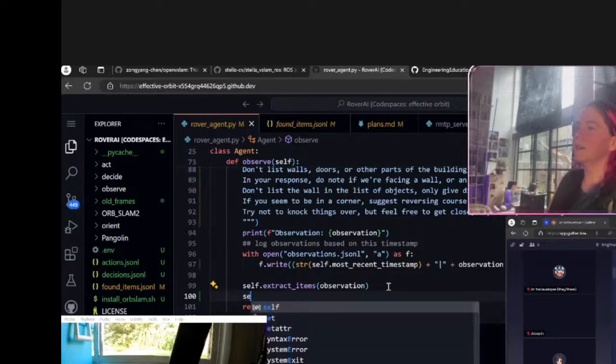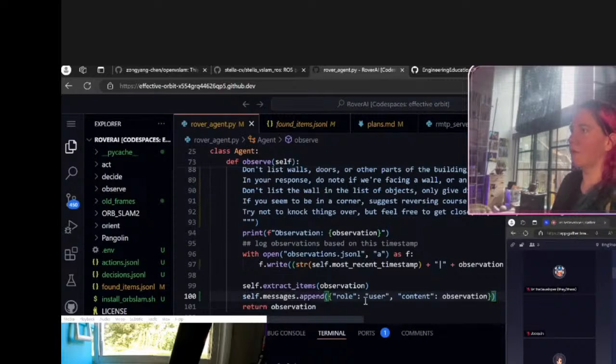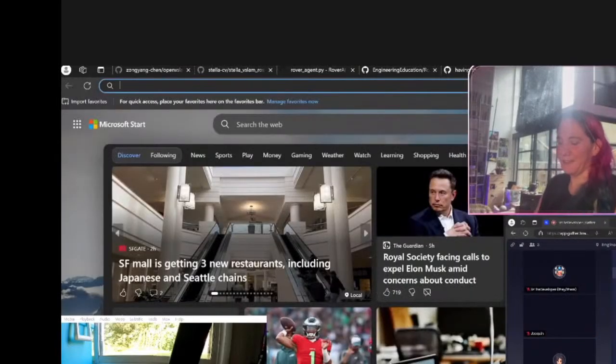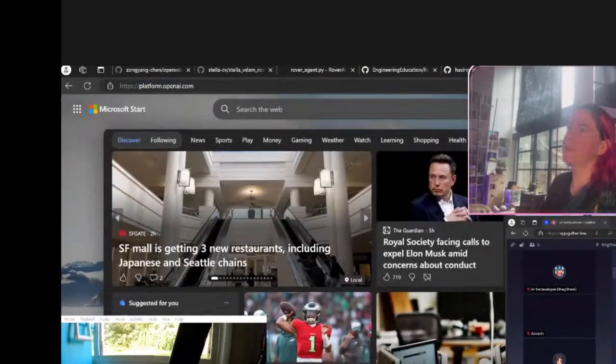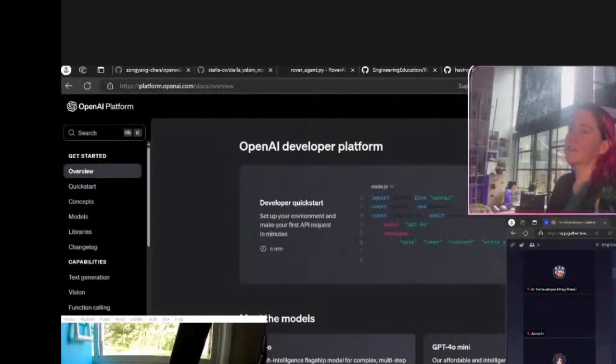So self.messages.append, role system. No, not system. Oh geez, assistant. What is it? I gotta literally look now. I haven't looked at the docs today. So, platform.openai.com/docs. Check completions.